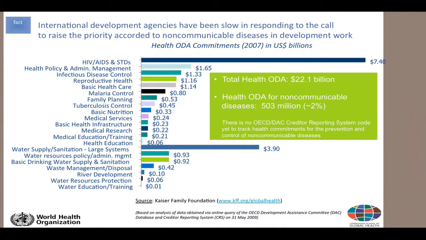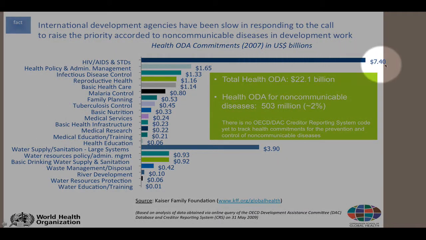Now the last argument presented here looks at the overseas development assistance available for the different vertical programs. Here you see statistics from 2009. I think there are now newer statistics out there, but the tendency is pretty much the same. You see certain vertical programs and diseases highlighted by a massive available